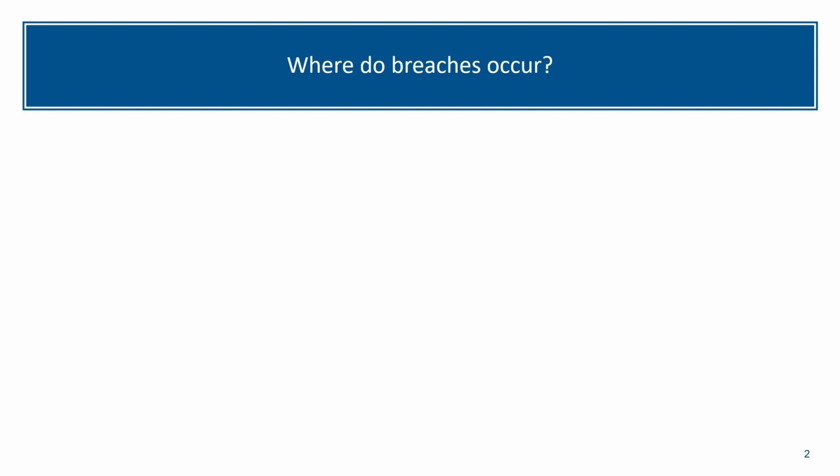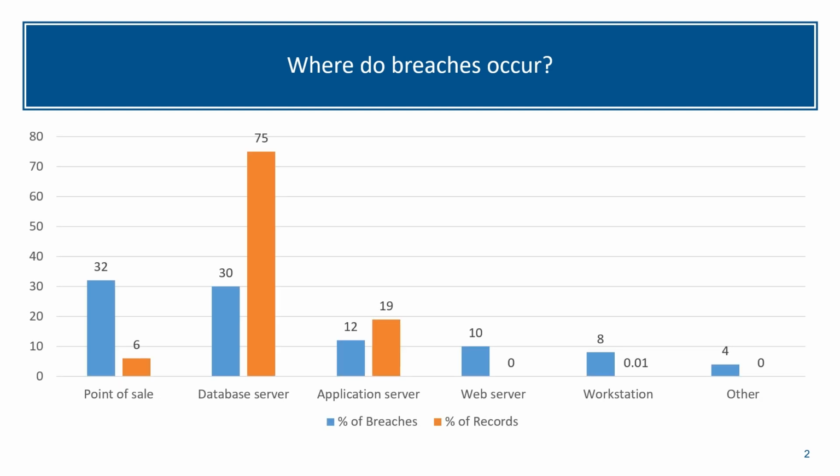All right, welcome back. So the top three places that breaches occur are point-of-sale systems, database servers, and application servers. And you may actually have thought that these would be those primary attack points. The point of sale, because someone's able to gain access to our financial transactions. The database server, because that's where the majority of the data can be found. And then an application server, because if you can compromise that, you can redirect traffic or do things that a company wouldn't normally want you to be able to do with the data or the people that interact with your